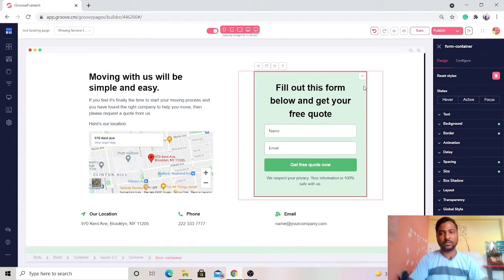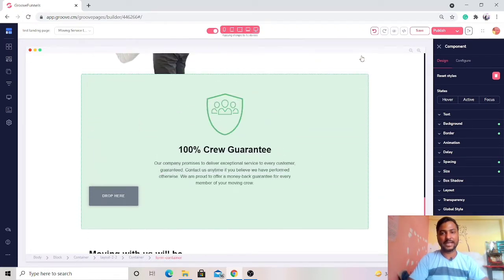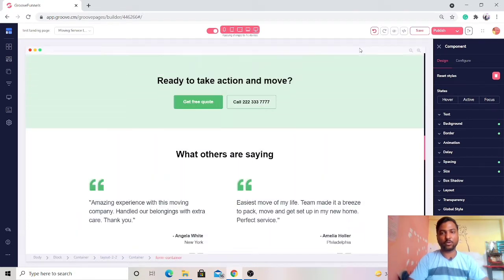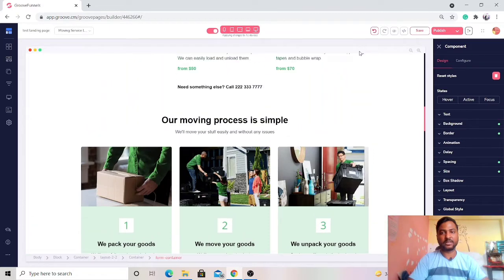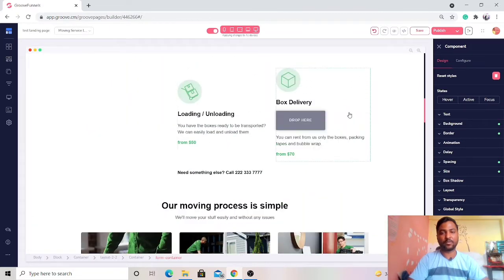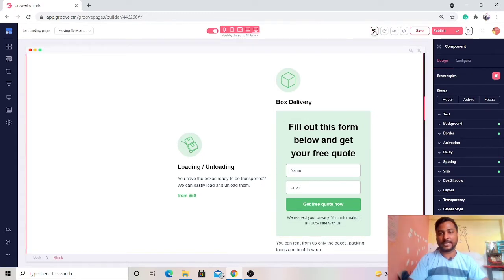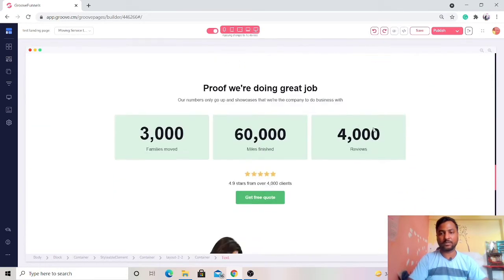I have selected the form area, and at the top right-hand corner of the form you can see there is a plus sign. It is used to drag and drop the entire section. If you double tap on it, it will be selected and you can move it up or down, and wherever you want to place it you can just leave it in that block section and it will be dropped there. You can see I did that. I'm just going to undo this and it will go back to the previous place.